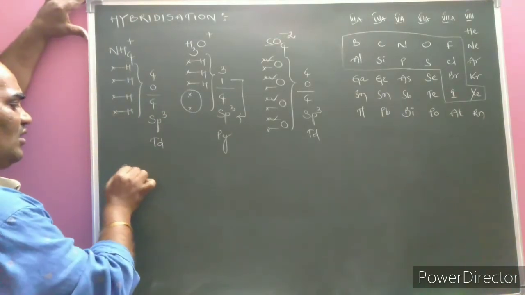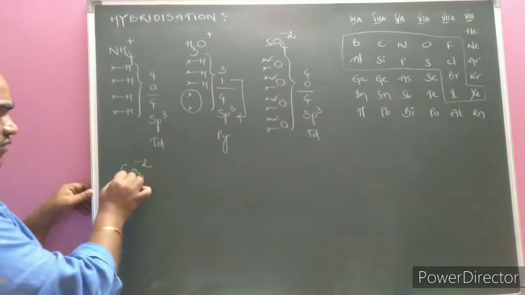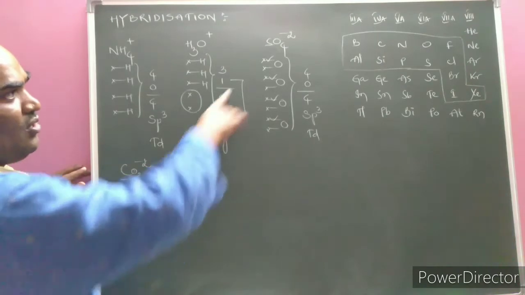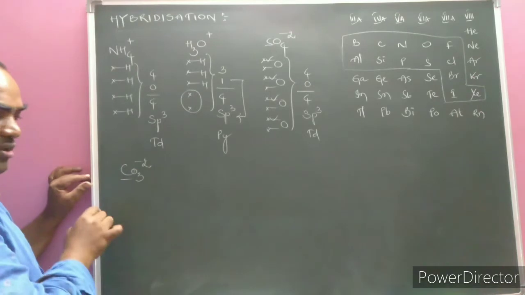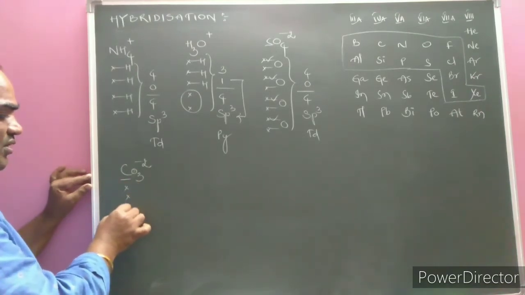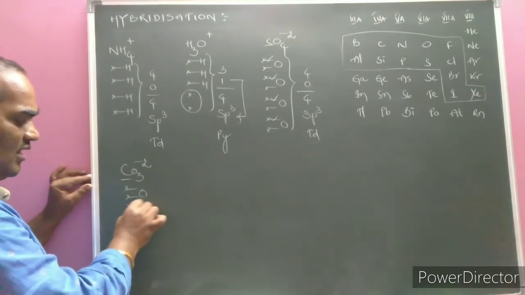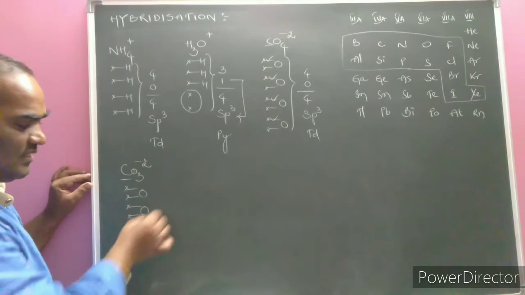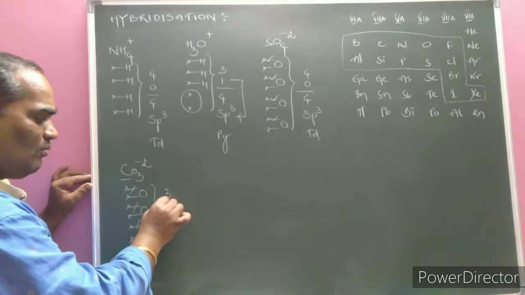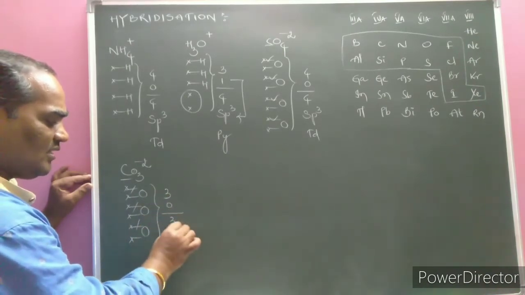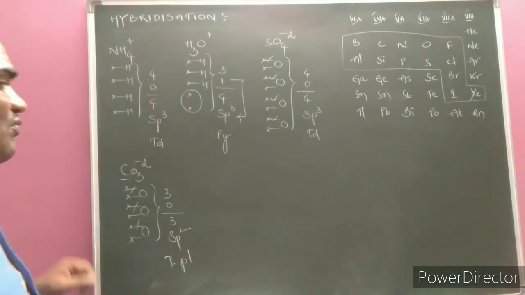Next one. If the carbonate ion, CO3 2-, is given, what is the central atom? Carbon. Carbon belongs to group number 4. How many electrons are gained? 2. The total becomes 6. 1, 2, 3, 4, 5, 6. How many oxygen atoms are there? 3 oxygen atoms. Is 3 sufficient for the 6 electrons? Yes. How many sigma bonds? 1, 2, 3 sigma bonds, no lone pair, total 3. Hybridization is sp2. What is the shape? Trigonal planar, or planar triangle, with bond angle 120.